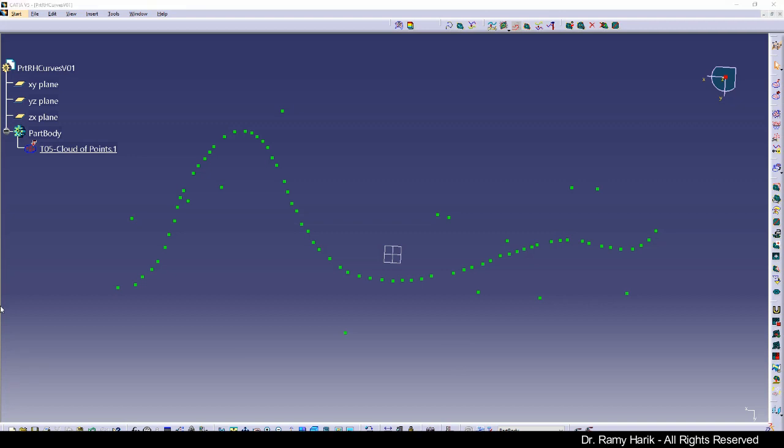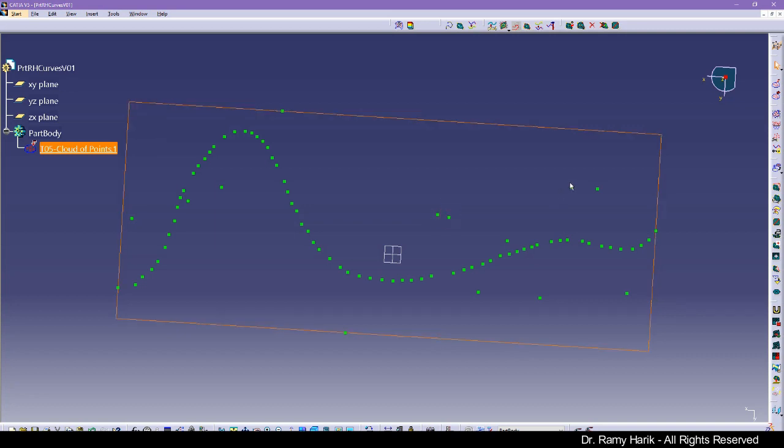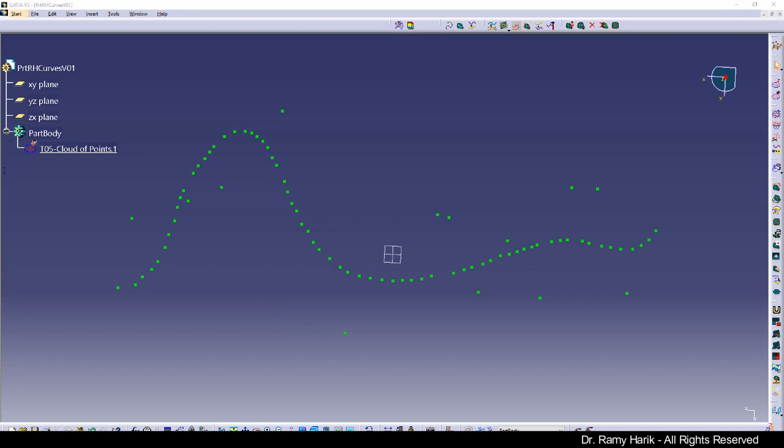So now that we have the cloud of point, the next step that we want is to filter it. And the filtering happens in this location. So these points that you see in here are noises. So we want to try to eliminate noises. Now, sometimes some points are very important. So let's say you don't want to